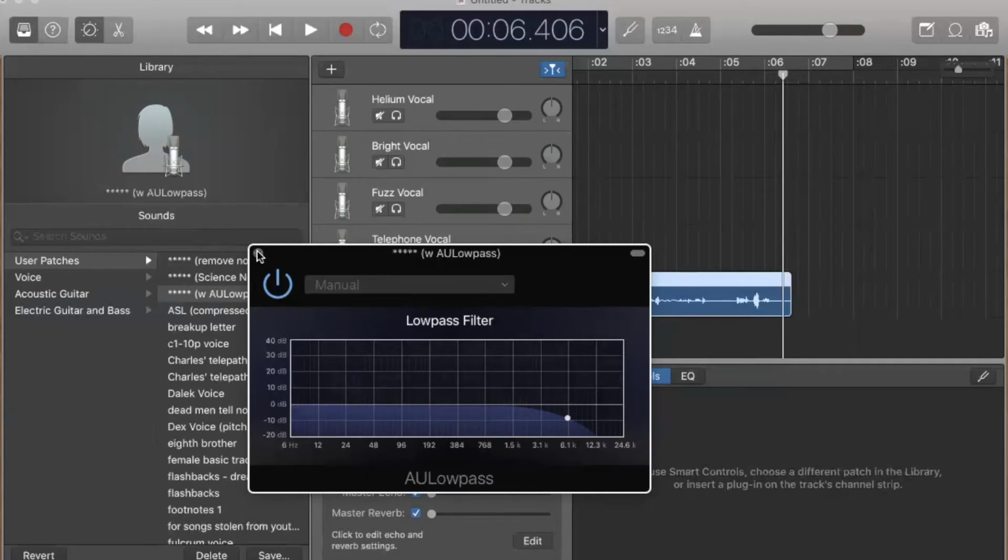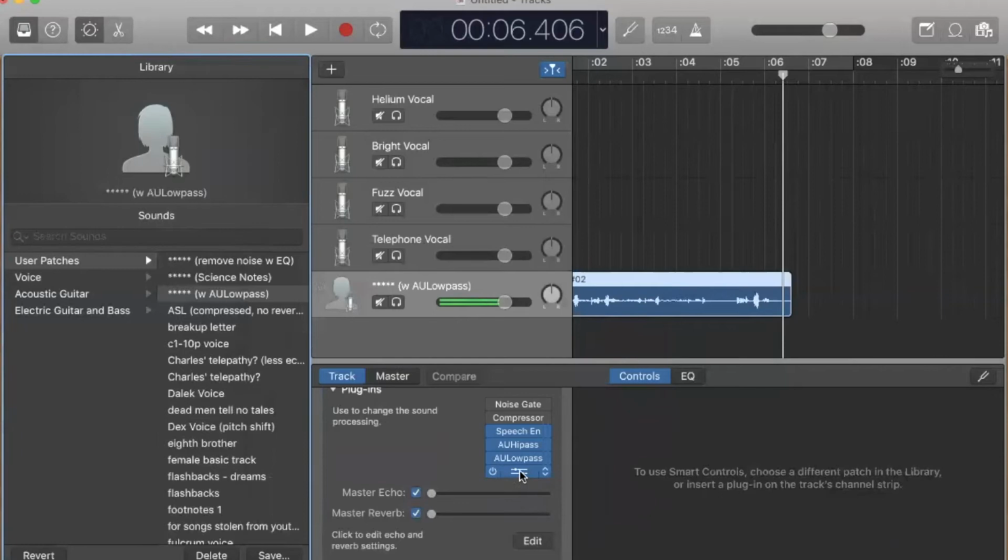It's also great for if you've recorded something on your phone and you're picking up a lot of ambient noise, and then you want to dump that track into GarageBand to do your cutting and splicing. It'll take out a lot of that. And then